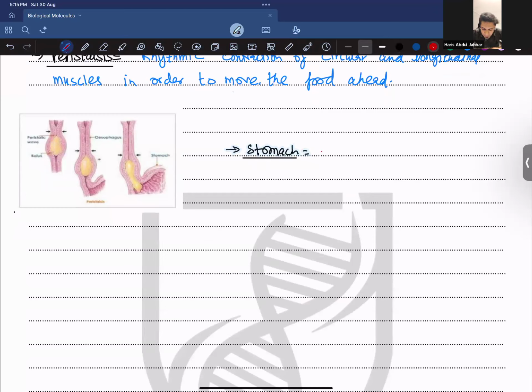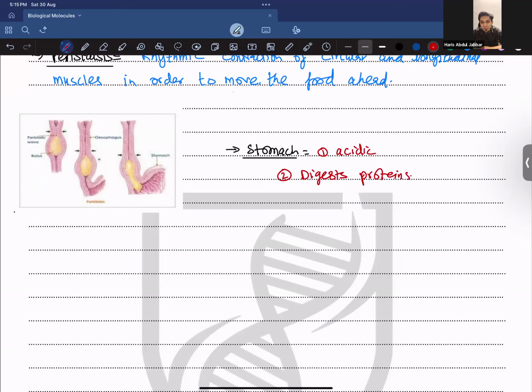अब हमारे पास स्टमक जो है ना, स्टमक के बारे में again we need to remember two things before we go ahead. सबसे पहली चीज what we need to know is that the stomach or the pH of the stomach is acidic. That's the first thing that we're supposed to know. The second thing that we're supposed to know is that the stomach, what does it digest? It digests proteins,